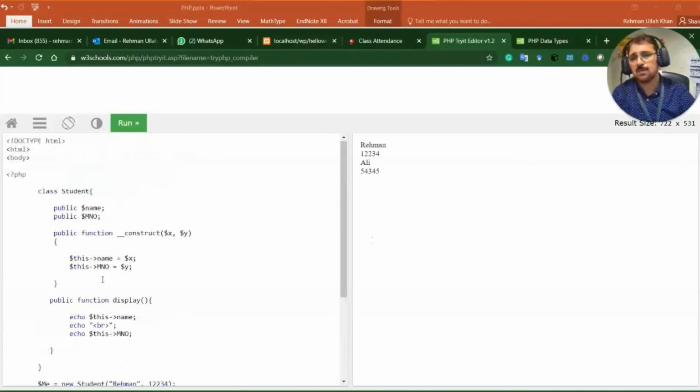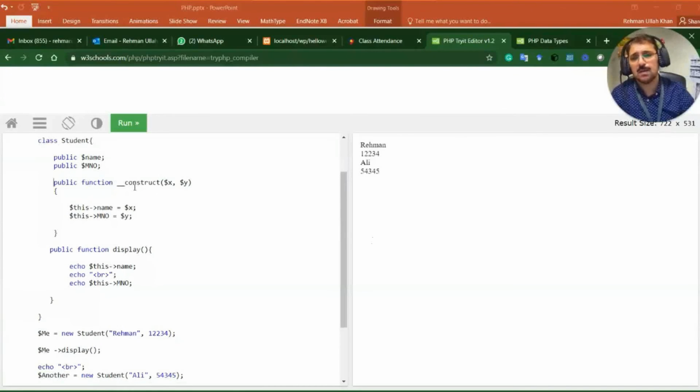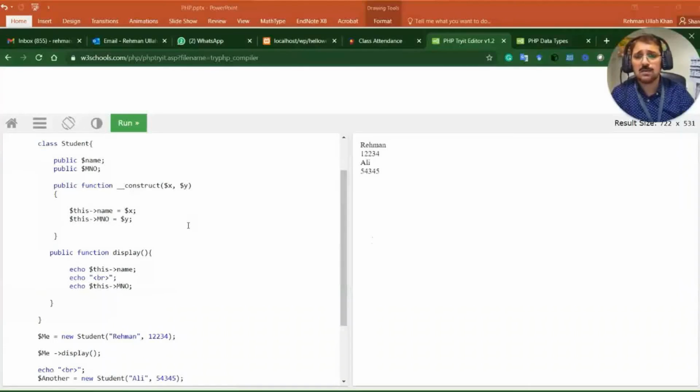So this is the way to define a function. Besides the constructor, you can define setter and getter functions also, like public function set data, and you can provide the values there. So in that case, the constructor will be in the